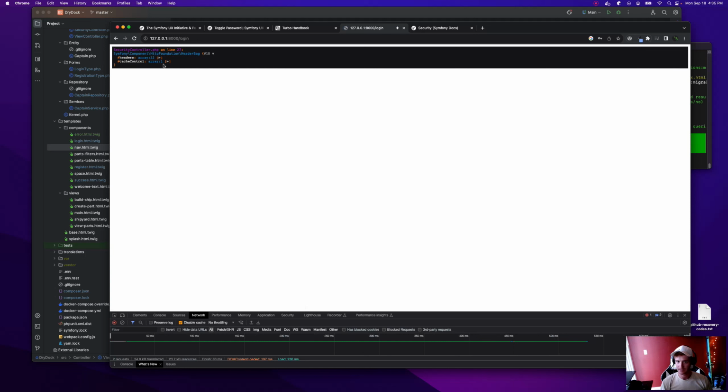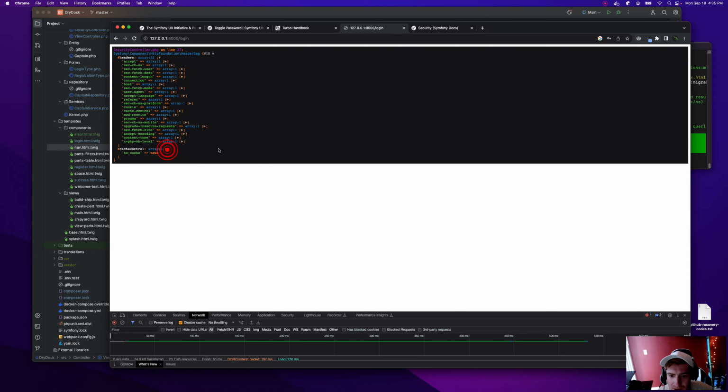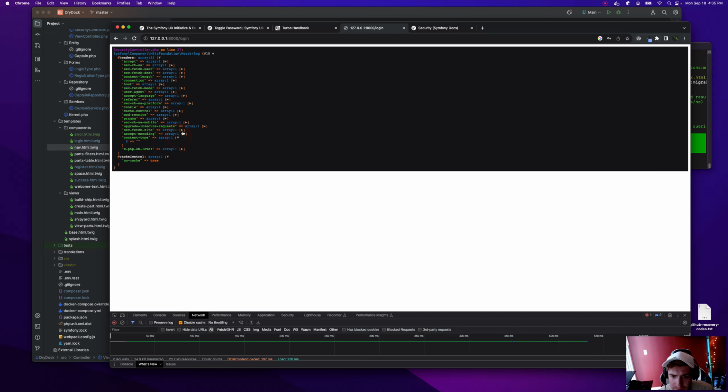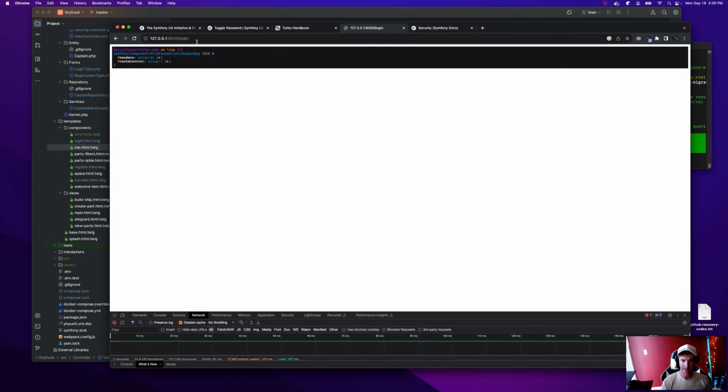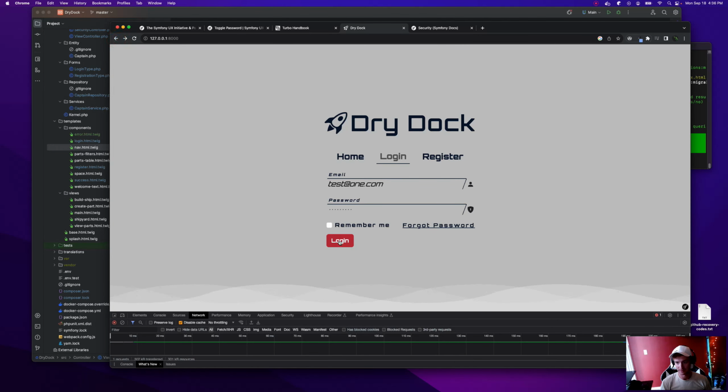Okay, so this is dumping out our header, and this is hard for me to read, but there's a specific one I'm looking for, and we might have an issue with this because we need to make sure it's in here. Basically, I'm looking to check if this request is from a turbo frame, because if not, it will hit the login route again. See, look at that. That was 21 headers that time. The other one was 22.